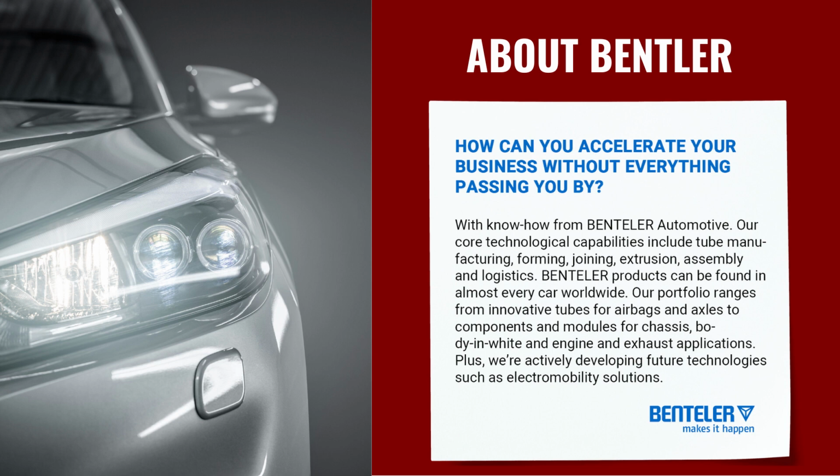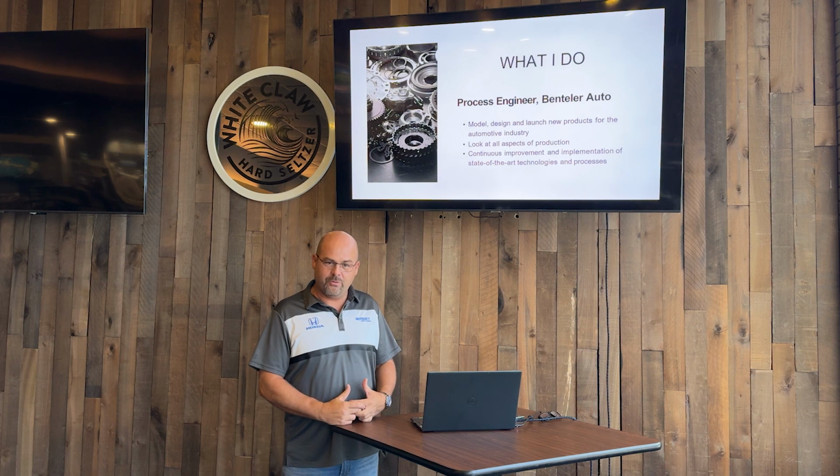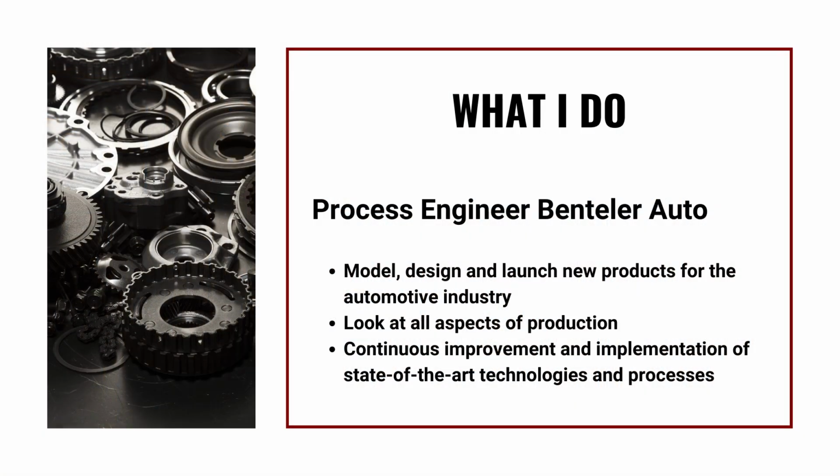A little bit about our company. We do a lot for automotive, from steel tubing to aluminum extrusions and forming. We touch basically every aspect of engineering for those. What I do is model, design, and launch new products for the automotive industry. I look at all aspects of production, from start to finish, and continuous improvement and implementation of state-of-the-art technologies and